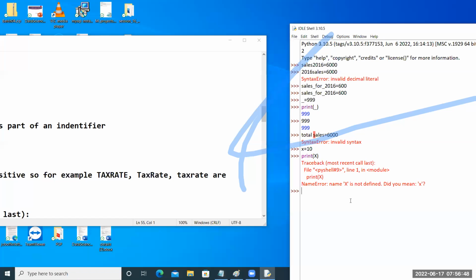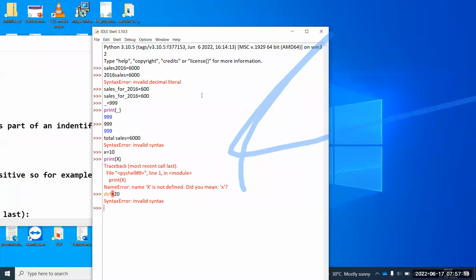Okay. Now you should focus on this session. Let me take one example. def is equal to, you can see that def is in a different color, right? Because this is a keyword, the Python interpreter knows it is a keyword. So if you are assigning a value to this keyword, what is the error? You check it, guys. Invalid syntax. Why? def is one of the keywords and you want to use it as a variable name. Then your Python interpreter will think you are trying to change the meaning of the def keyword.